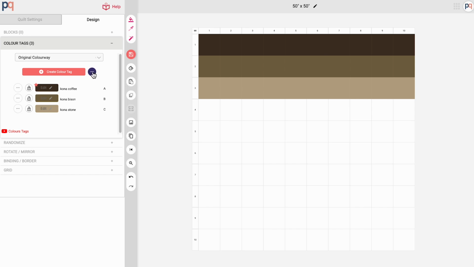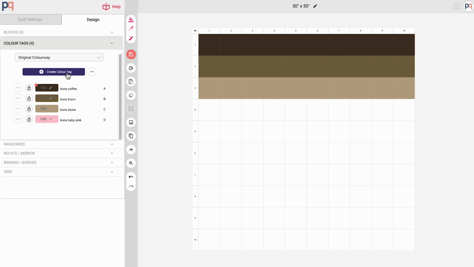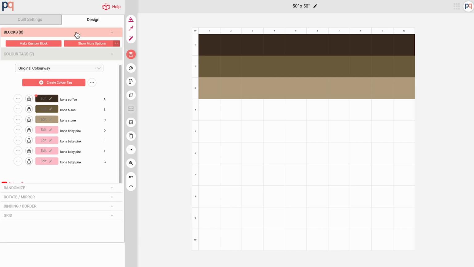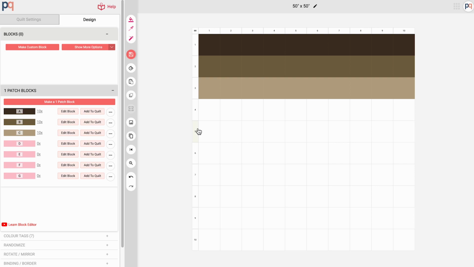So I'm going to go over here. We'll actually need a couple more color tags, so I'm going to create 4 more color tags. So 1, 2, 3, and 4. And I'm going to apply these into the grid right here. They're all pink right now, and it's kind of hard to differentiate them. So I'm just going to click onto the randomize button, and then that gives us D, E, F, and G